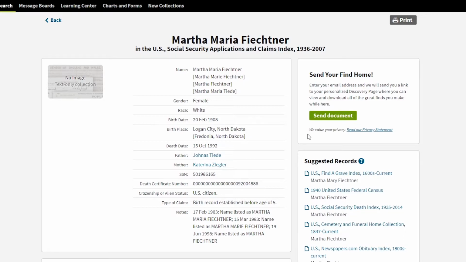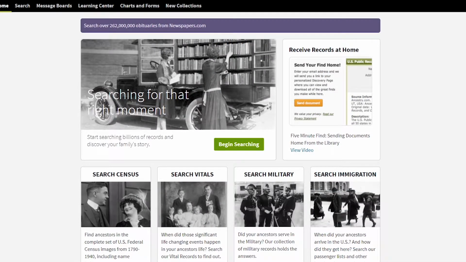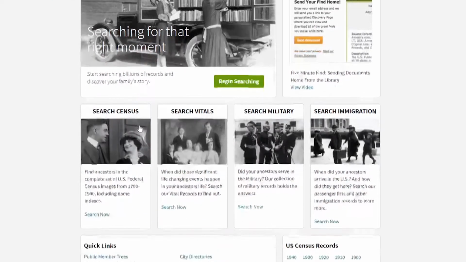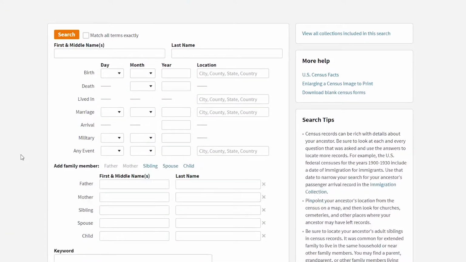Okay, so moving on, I'd like to talk a little bit more about the census. The census is one of those things that is good for you to search first. So on your home screen, you'll see the search census. You want to click on search now, and that will actually give you a breakdown of all of the different